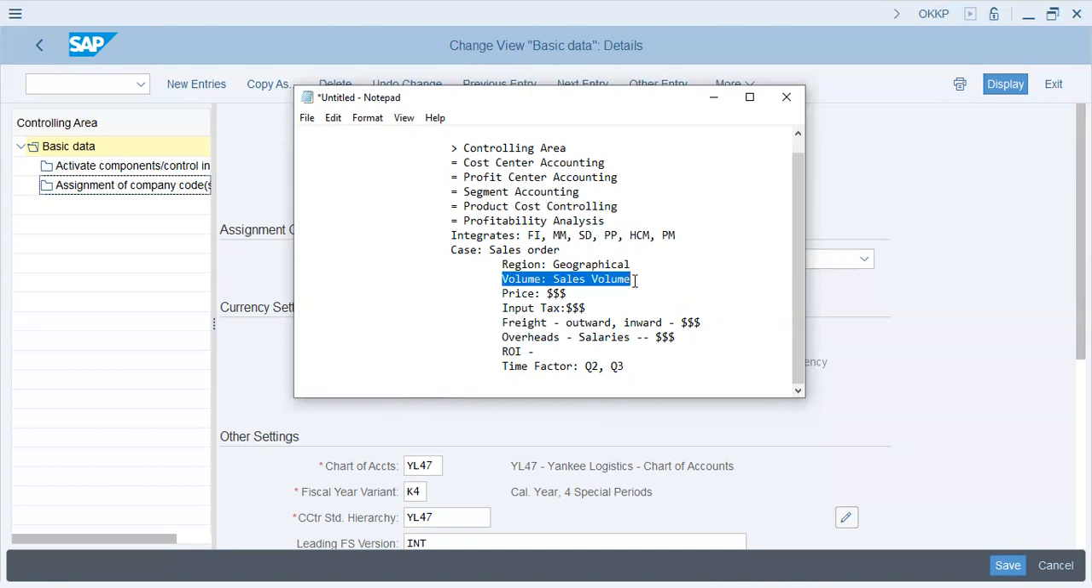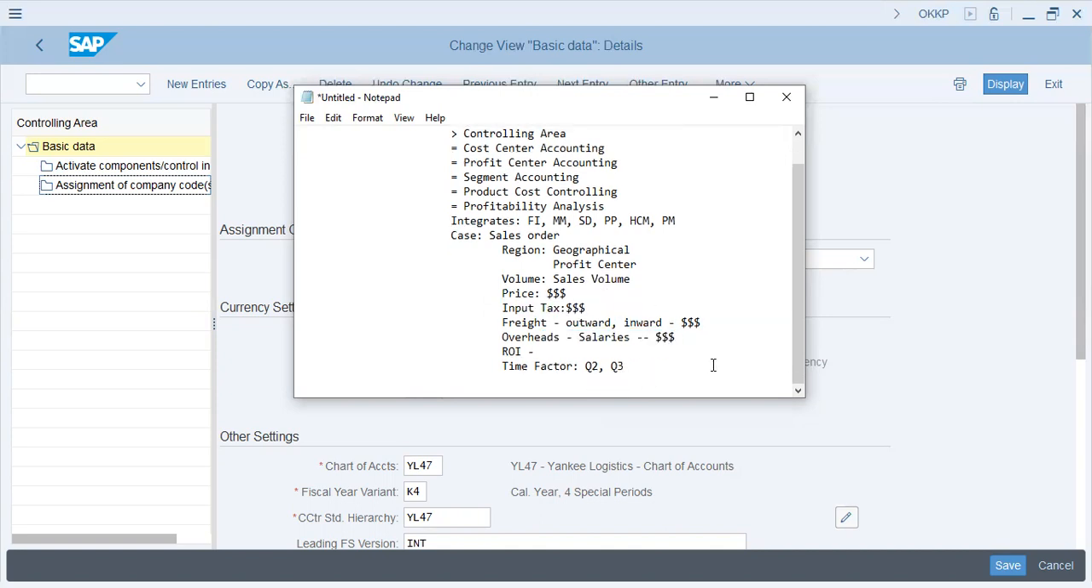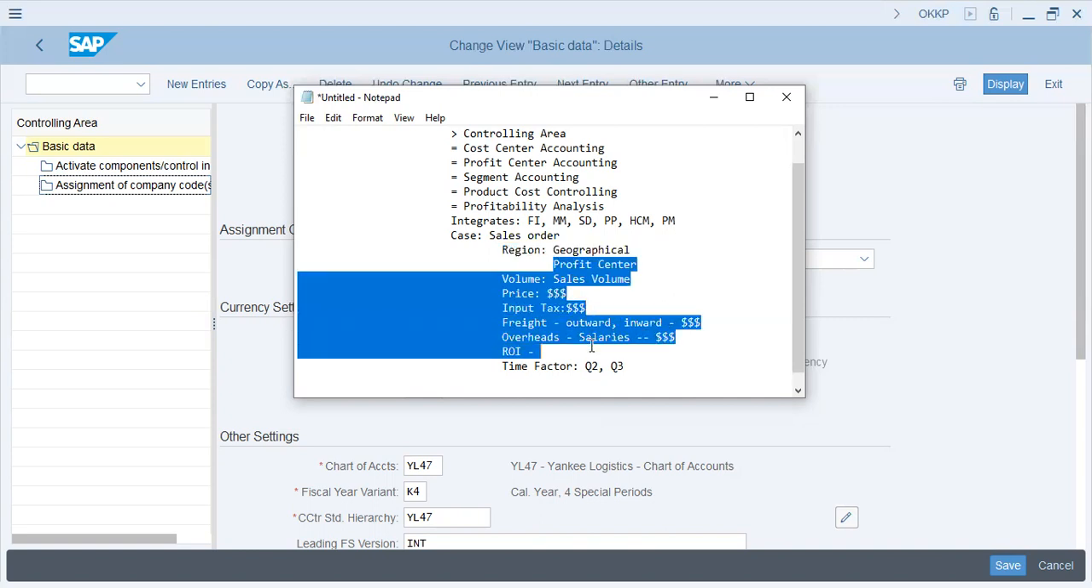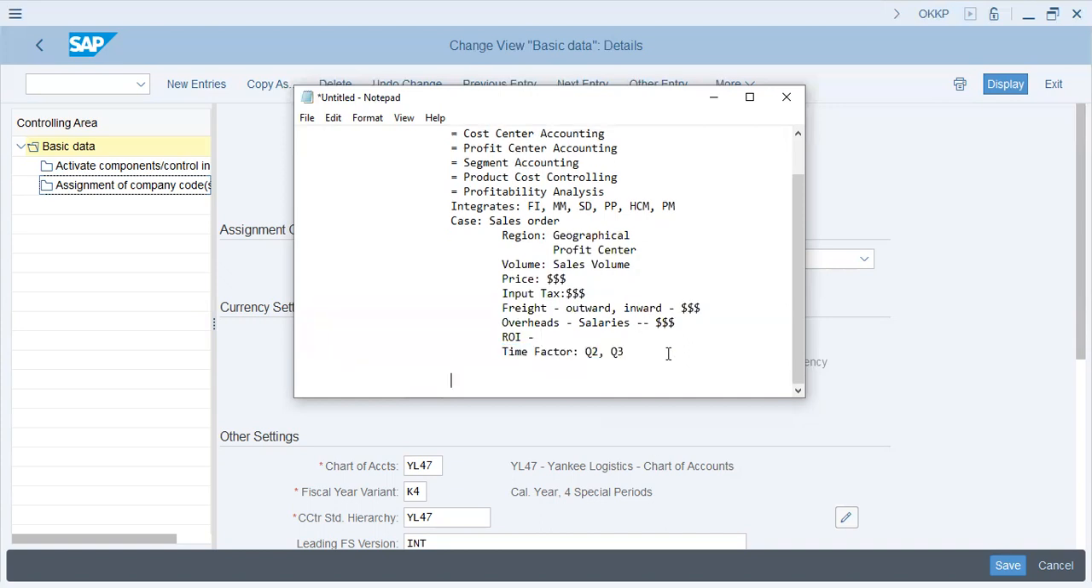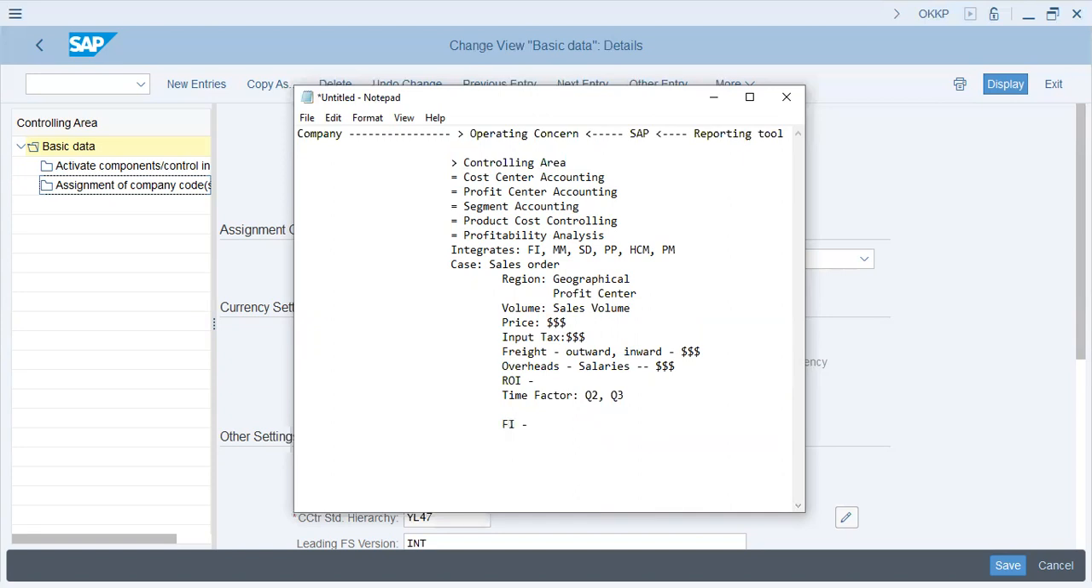and you pick up a sales volume, plus in the region you pick a profit center. In profit center, you want to see sales volume, pricing, taxes, rates. I'm just giving an example. Overheads and salaries, time factor as well. So all this region is one-dimensional, profit center and ROI is two-dimensional, and three-dimensional is time factor. So with that, controlling area actually reports to or updates